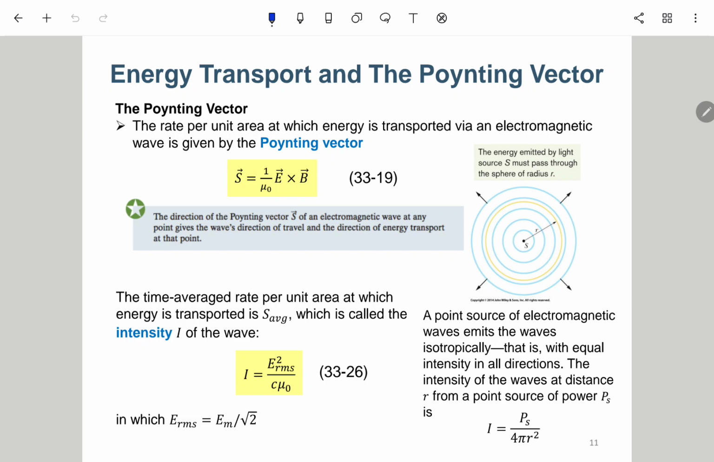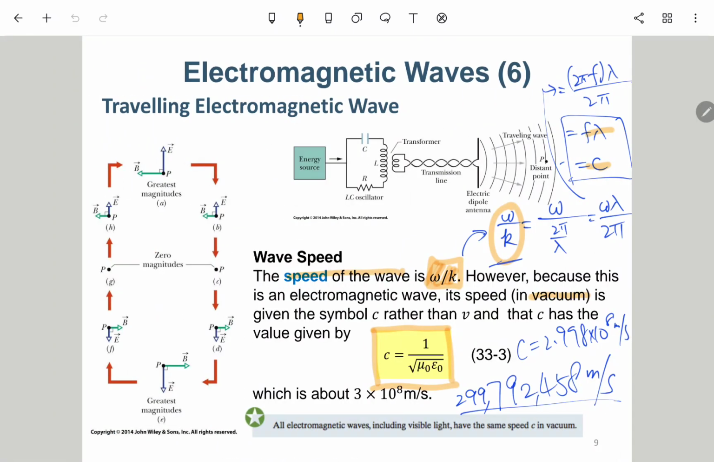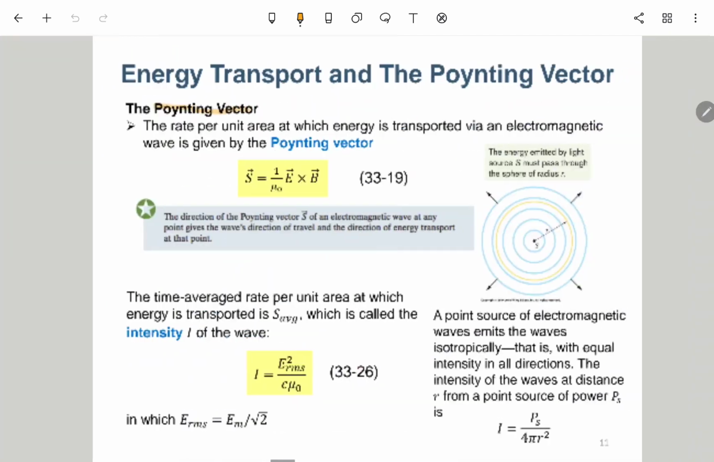Here we introduce a vector called the Poynting vector. Of course, it is a vector, so we have the magnitude and also the direction. Simply speaking, the direction is the propagation direction. 那 Poynting vector 的方向就是这个电磁波的传播方向。那刚才有提过，稍微 recall 一下的话，就是传播方向、E 的方向跟 B 的方向，三个是两两互相垂直的。